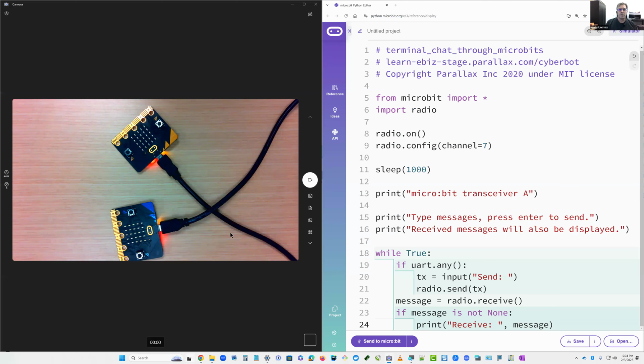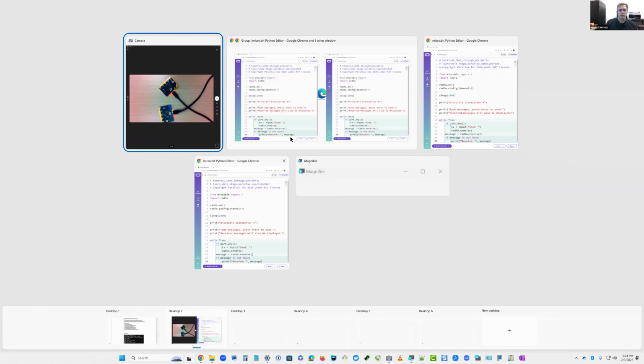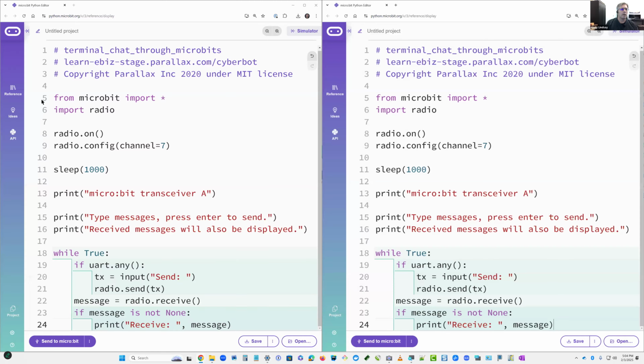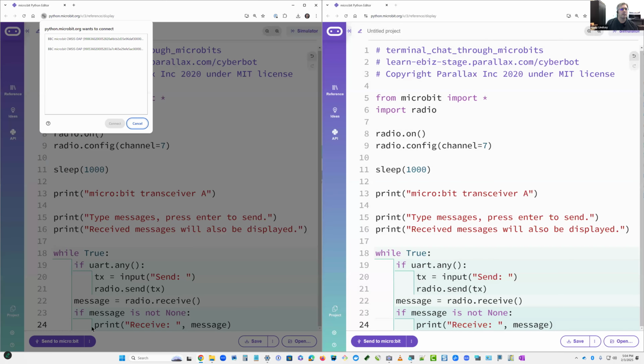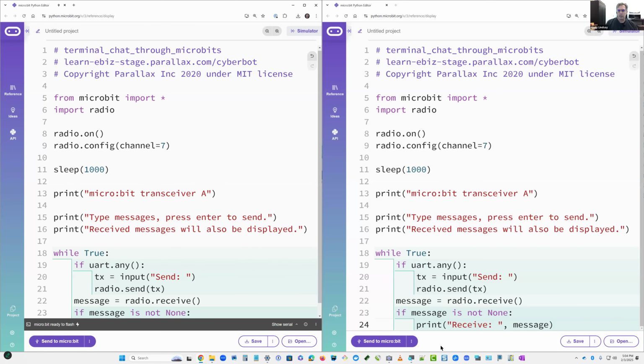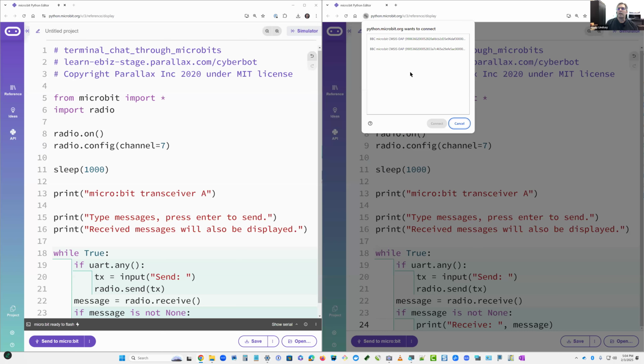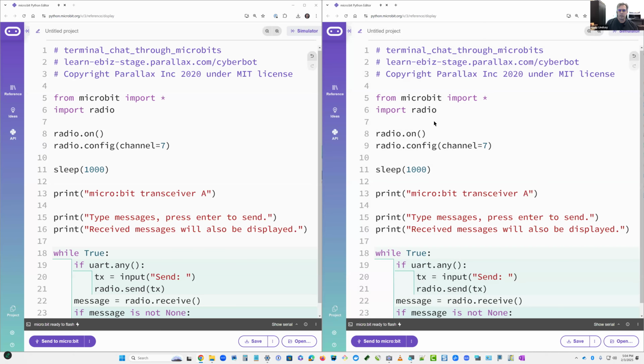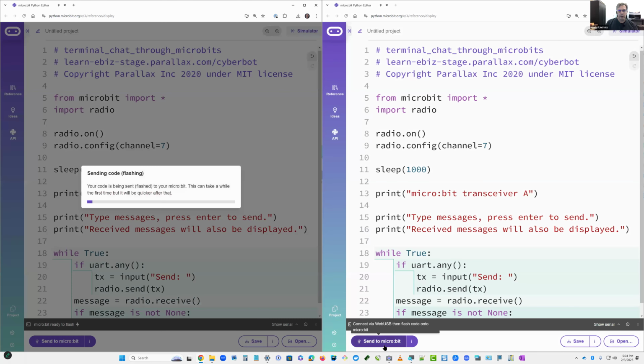Okay, now let's see if connecting to both of them works out. Three dots next to send the microbit, connect. Okay, and it gives me a list, and on the left, I'm going to select the one with 3,000. Okay, and then I'm going to hit connect on the right. And this time I'll select the one that ends in all zeros. Okay, and then I'm going to flash each microbit